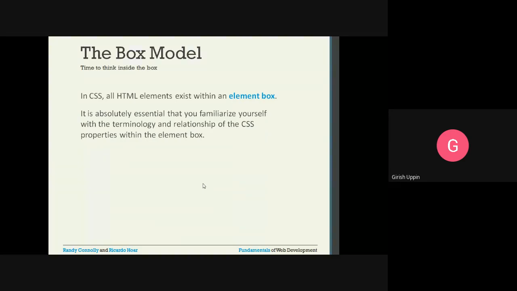So every HTML element that exists will have an element box. Okay, it is absolutely essential that you familiarize yourself with the terminology and relationship of the CSS properties within the element box. So this is the box model.